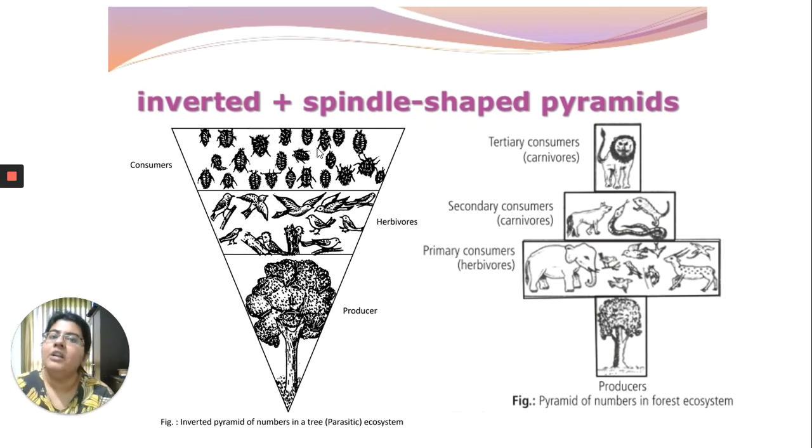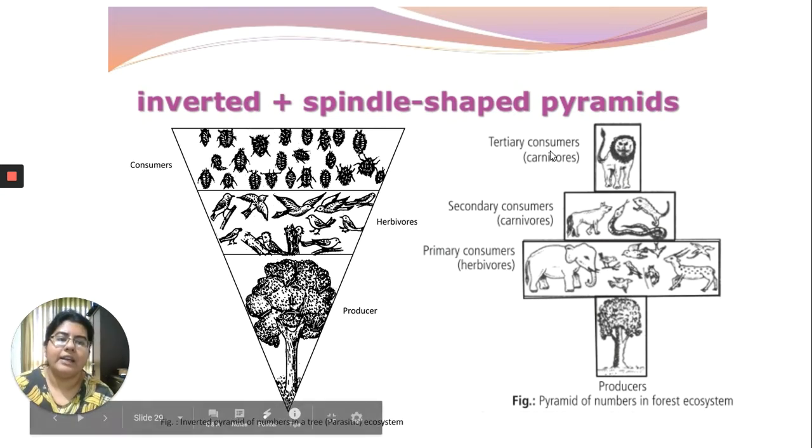Over here, actually, the insects shown are the parasites that live in the bodies of the pigeon or different birds or other animals like squirrels. So one animal can have hundreds of parasites on its body. Therefore, you can see that the population of the parasites is the largest in this pyramid. So the number pyramid can be an upright pyramid, or it can be an inverted one. Sometimes it is spindle shaped. Spindle shaped means it will be broader in the middle and narrower at the top and the base.